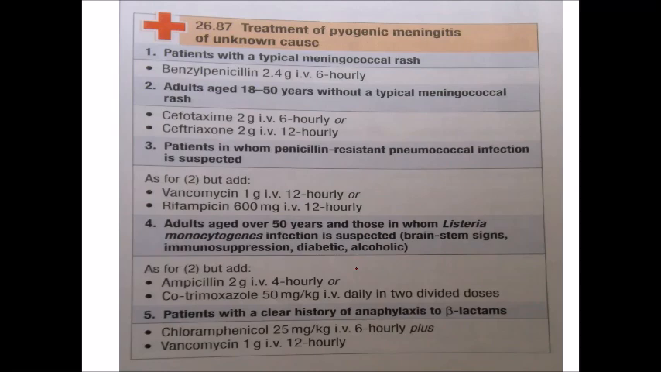Vancomycin to cover resistant bacterial forms, pneumococci I mean, resistant to cephalosporins, and in patients who are immunocompromised, you will give ampicillin for Listeria, to cover Listeria monocytogenes. But if they are not immunocompromised, you will be content with giving cephalosporin and vancomycin, and coupled with it,